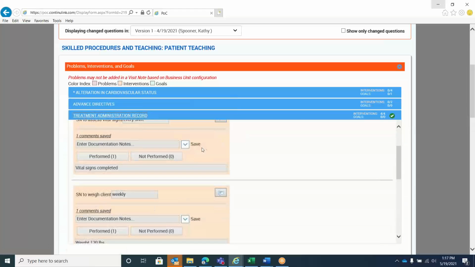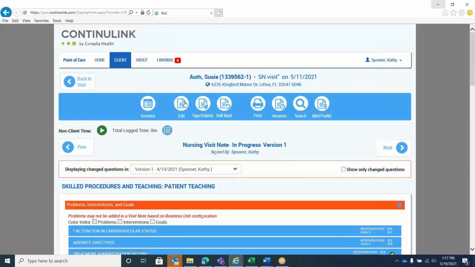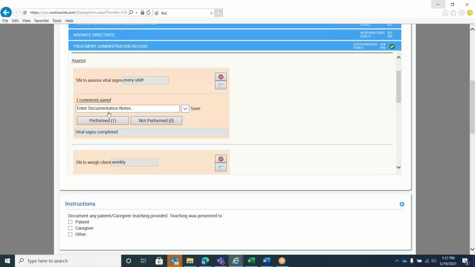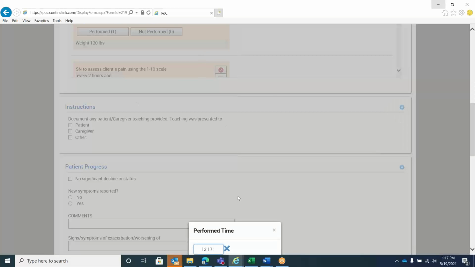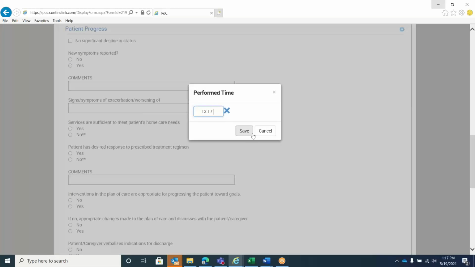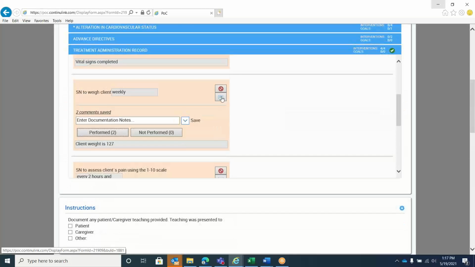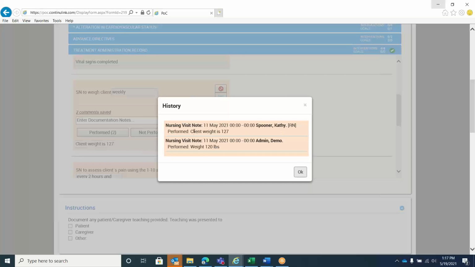So if you had something in a treatment record, let me go up and hit edit. They could put vital signs performed, weighed client, or let's see, client weight is 130 or 127, and hit performed. It's going to tell you, is this the right perform time? If I save it, they can look and see how that's been answered by all the nurses that are taking